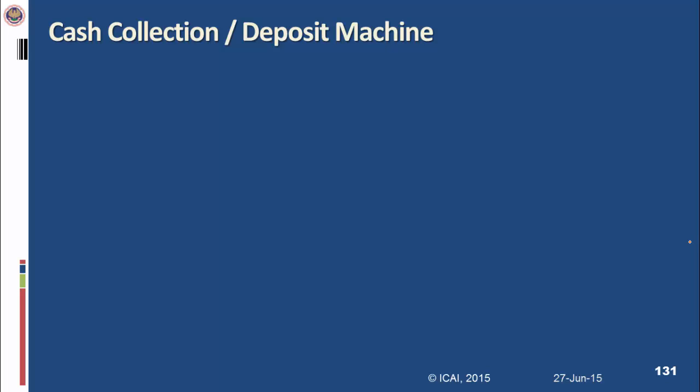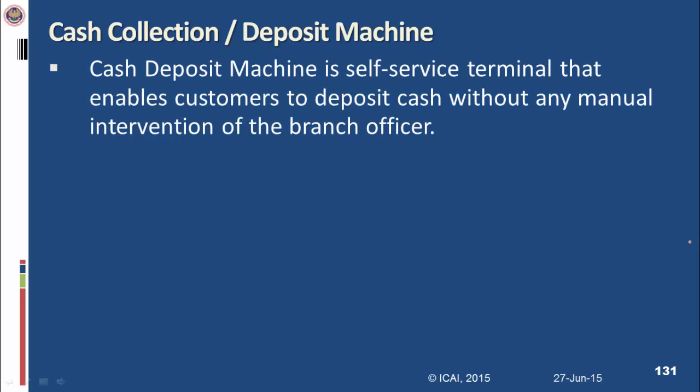We are on to the cash collection deposit machine. It is like the ATM machine only. A cash deposit machine is a self-service terminal that enables customers to deposit cash without any manual intervention of the branch official. Now, in the ATM machine, the system dispenses the cash, whereas this cash collection machine system accepts the cash in various denominations. Same concept is there, same cassettes are available, and the system will automatically bifurcate the notes into